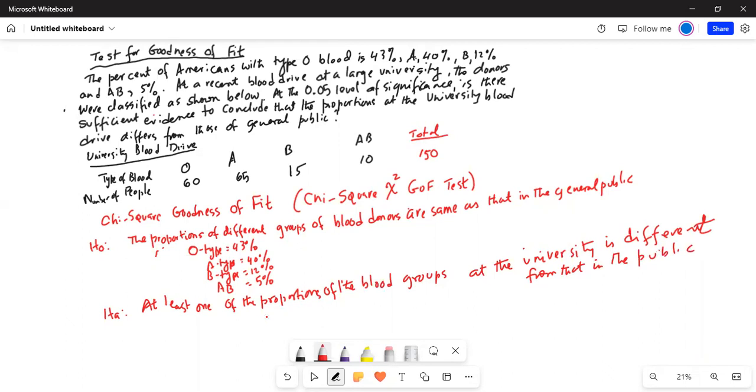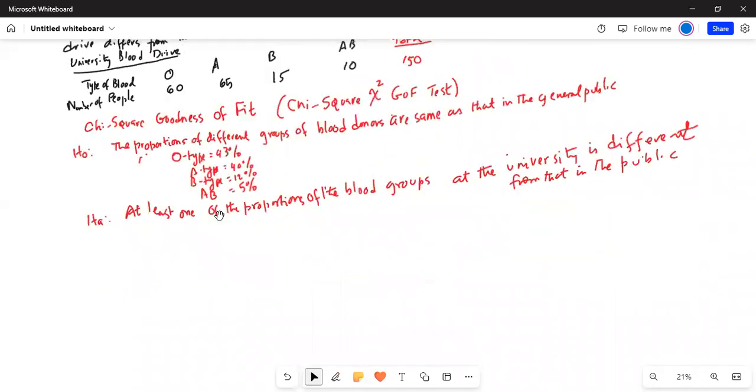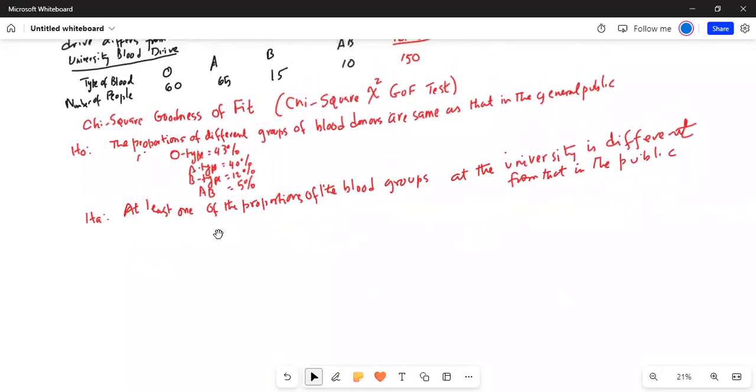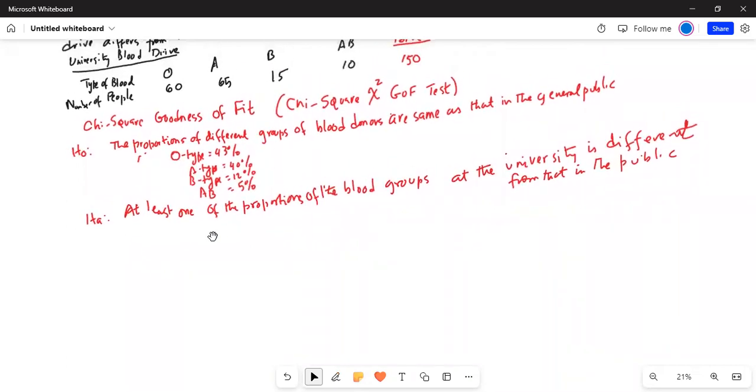Now I have to create some more space. Okay. So let's create a table of